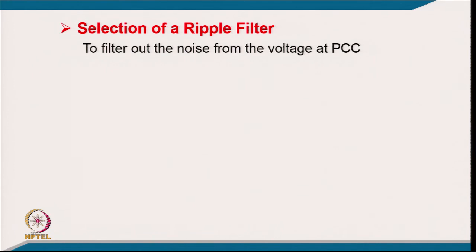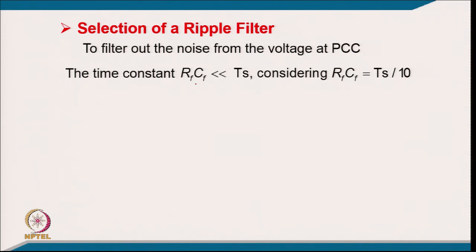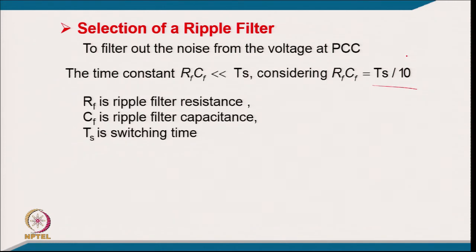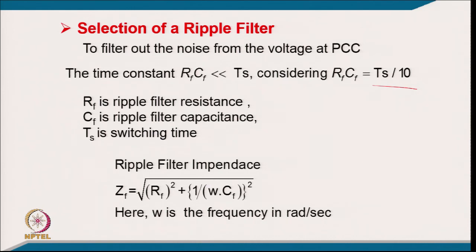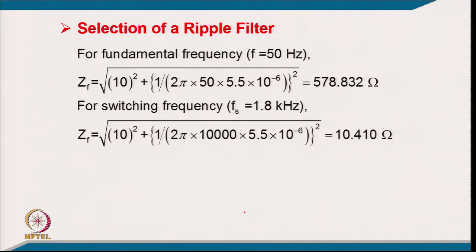Next is the selection of a ripple filter to filter out the noise from the voltage at PCC. The time constant RF CF must be much lesser than the time period corresponding to the switching frequency, which we normally consider as 1/10. RF is the ripple filter resistance, CF is the ripple filter capacitance, and TS is the switching time. The ripple filter impedance for a particular frequency will be ZF equals square root of RF square plus 1 upon omega C square, where omega is the frequency in radian per second. You can find out the impedance of this ripple filter corresponding to 50 hertz if you are taking a 10 ohm resistance and a capacitance of 5.5 microfarad. So, it comes